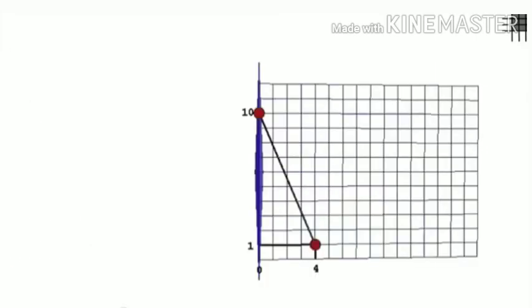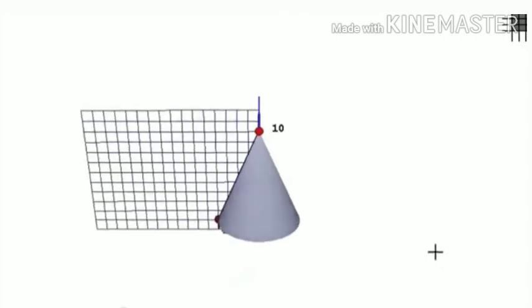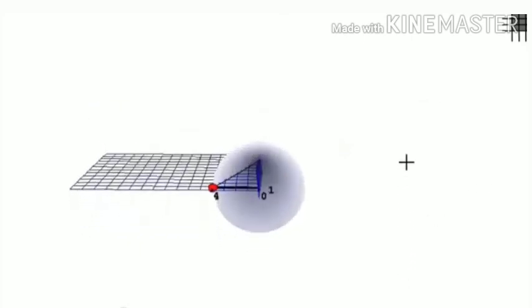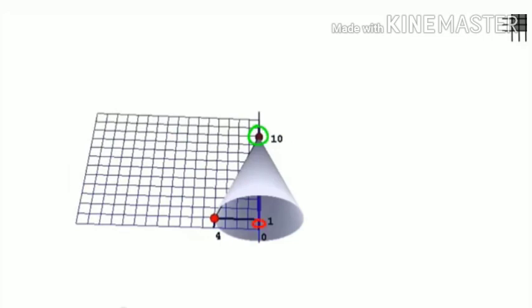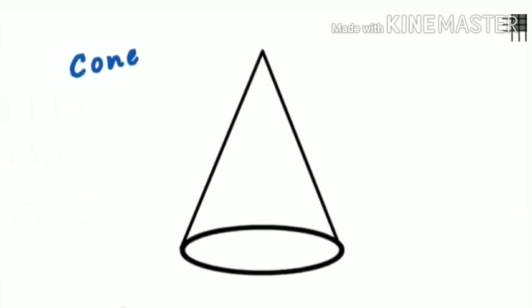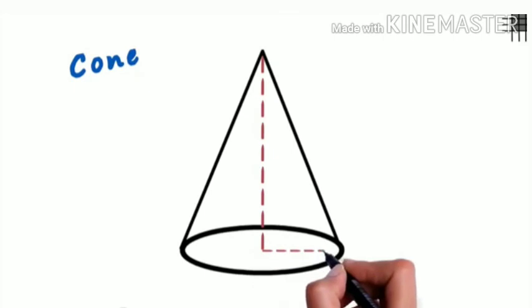So mathematically, a right circular cone can be generated by revolving a right triangle about its altitude. So the shape which we are getting is a cone. This is the base, and the line joining the vertex to the base is said to be the axis. So in this cone, our height is perpendicular to the base. This is the height, and this is the radius, and they are making an angle of 90 degrees.